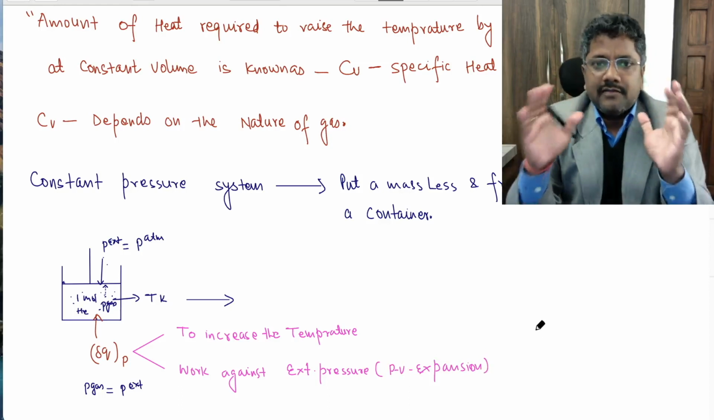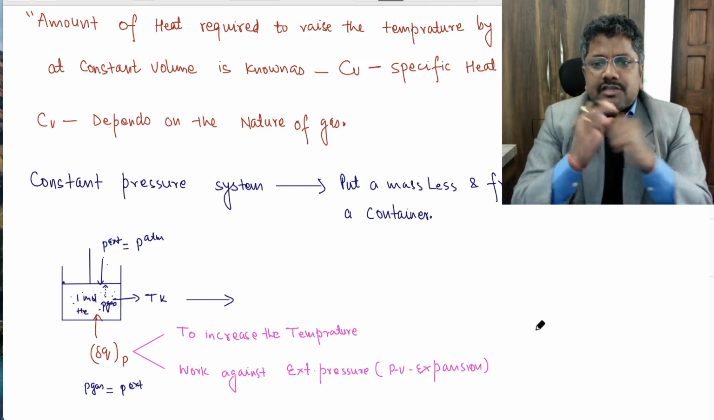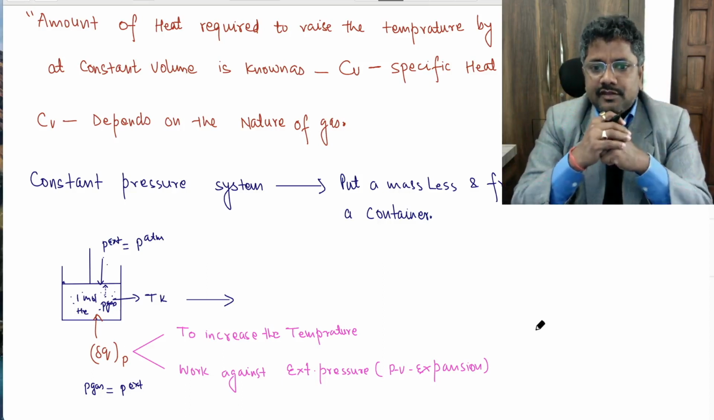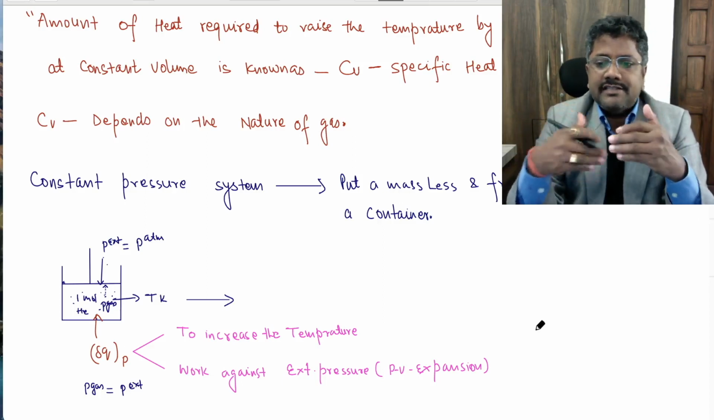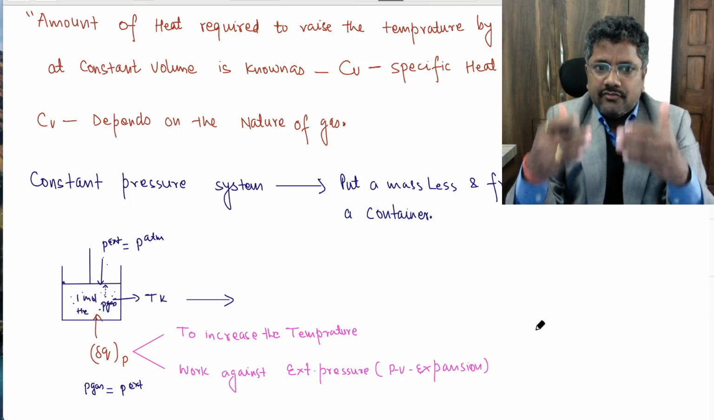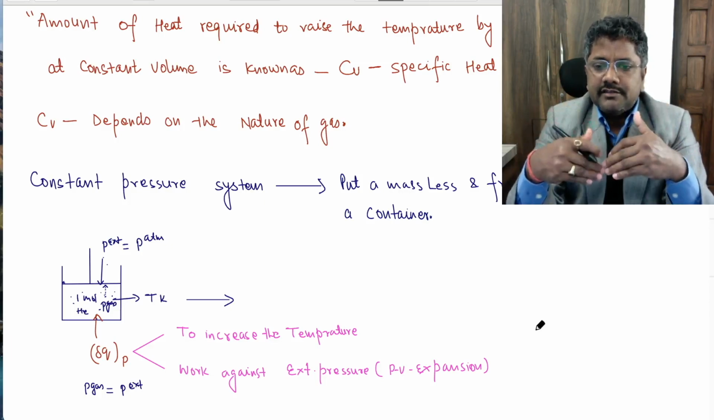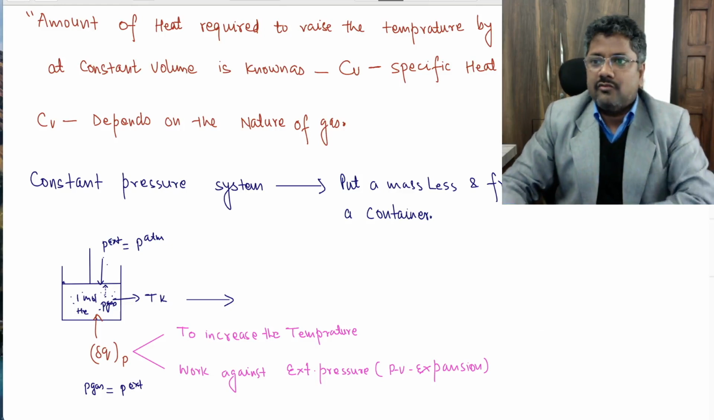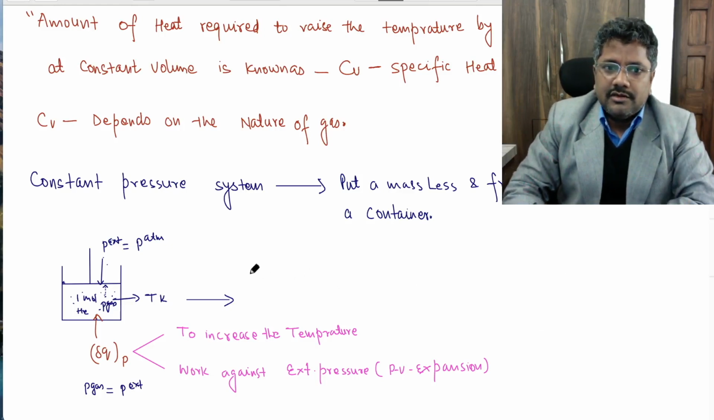All of you are getting my point or not? Under a constant pressure system, whenever you provide heat, this heat is utilized in two ways. First, to increase the temperature, and second, to expand, to push the piston above. So what will happen? So now,